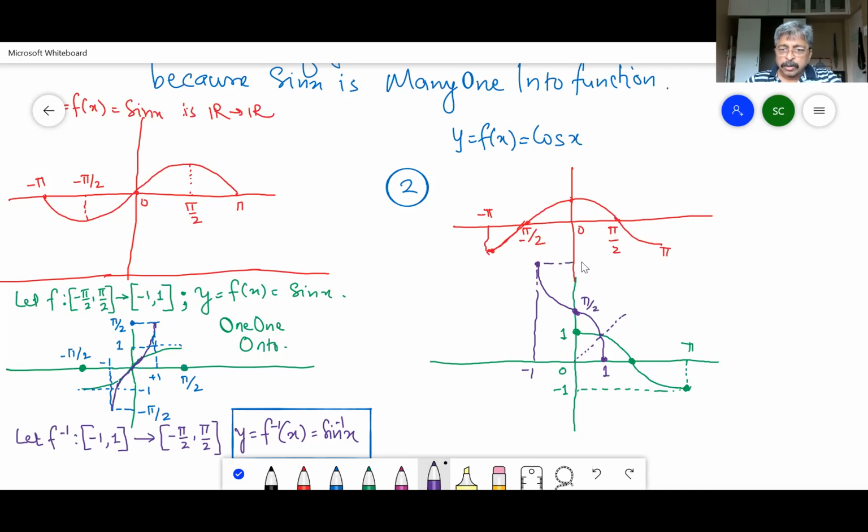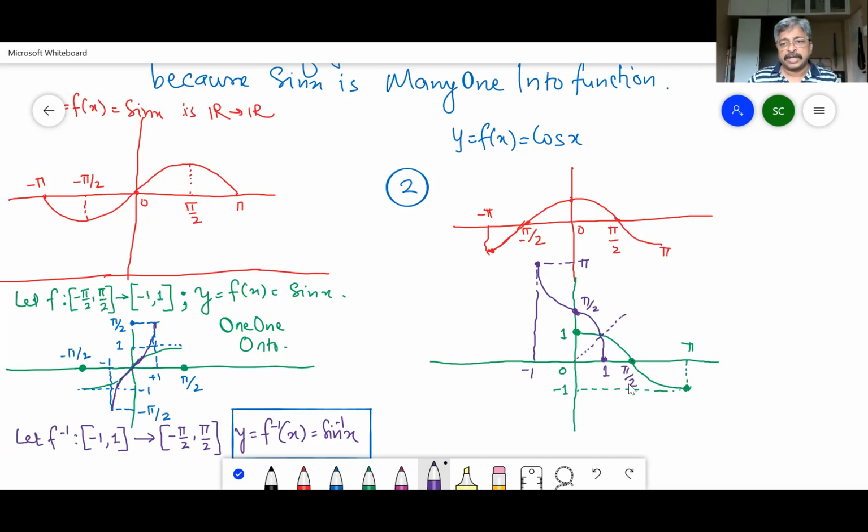And this is π. Now cos is a little dangerous compared to sine because we have symmetry in sine and we have lost symmetry in cos. Therefore, we have to pay a price for cos. Everywhere, because we are trimming the domain, we have to pay a price. We will find out what price we have to pay. And that makes inverse trigonometric functions very, very interesting.